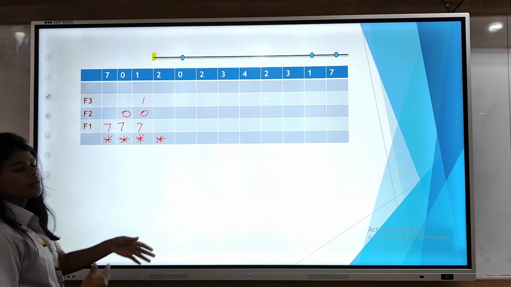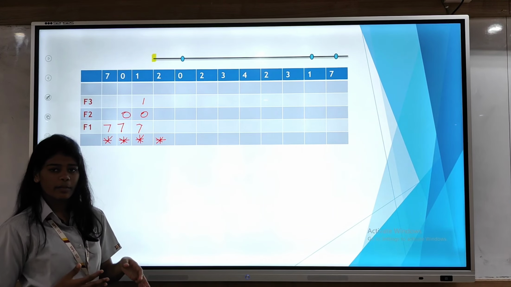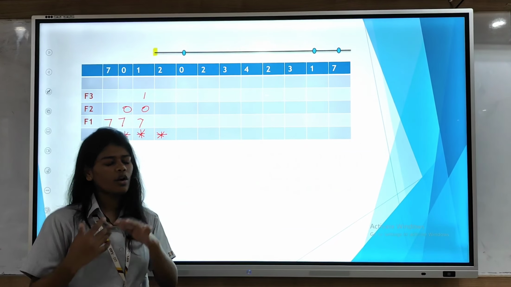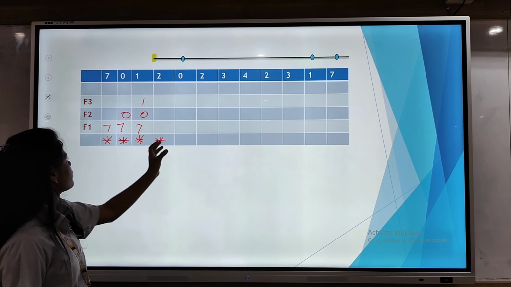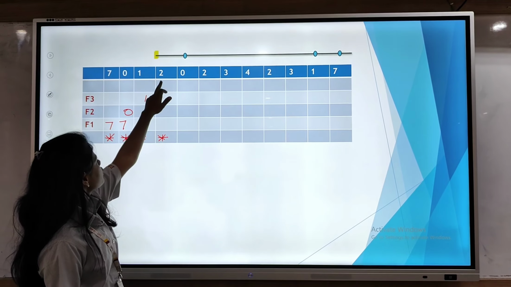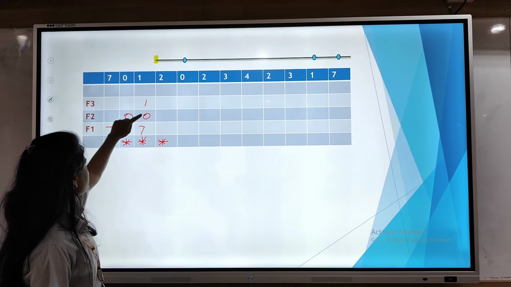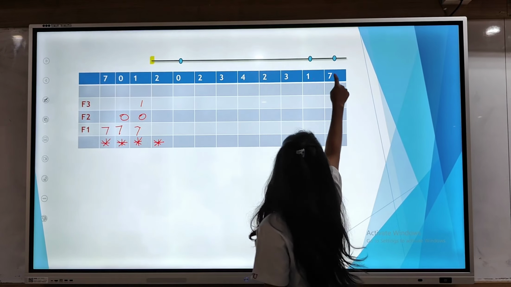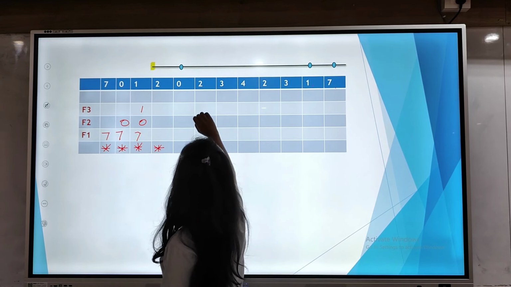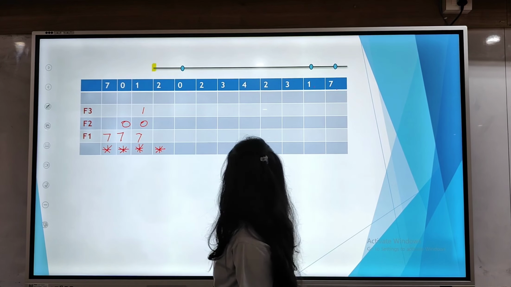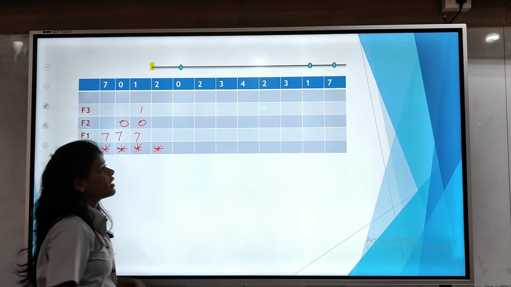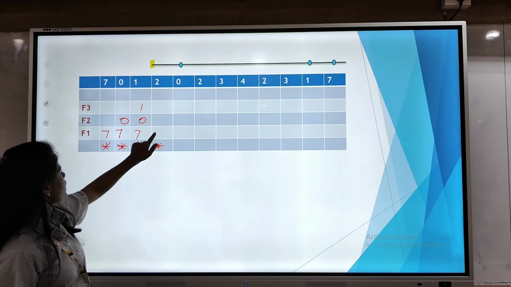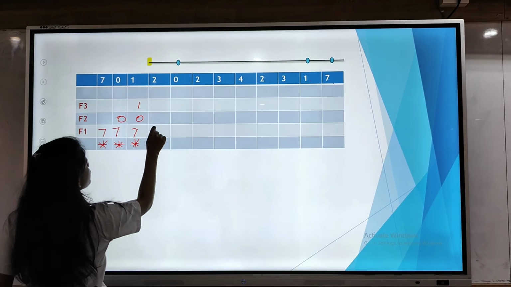Optimal page replacement algorithm, what it says, I have to replace that page which is currently not in use. I will just check which page is at higher distance from the page number 2. So now the page number 2 is here, and 1, 0 and 7. Here is 1, here is 7, and here is 0. The page number 7 is at higher distance from the page number 2, so I can replace the page number 7 with 2. I will write here 2, 0 and 1 as it is.